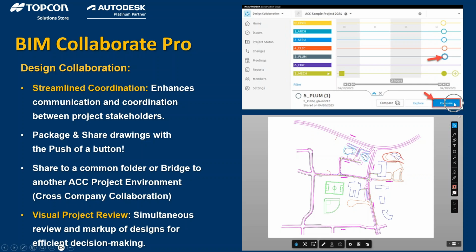Now, on the receiving end, what's really cool about this is, let's say we're working with this entire project team and you need to make sure it sends the architect, structural, electrical, plumbing, fire, mechanical, etc. Your civil file with a push of a button is sent out to all these different stakeholders. All those stakeholders can have it set up to receive it in the folder where they want your drawings to